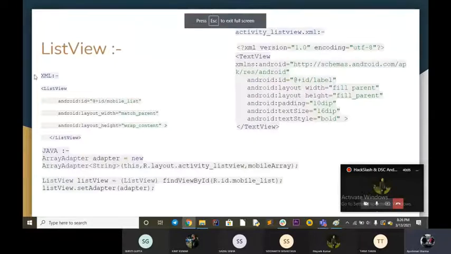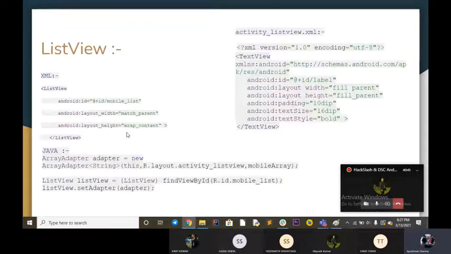So in this list view, we have an ID, layout width, layout height, and the other thing that has to be mentioned in the list view is the format in which we are showing the particular data. Like if we are showing the roll number and name of a particular person, or if we are simply showing the name of that person in a list, then we have to create an XML file of that particular thing too, like text view of that name.